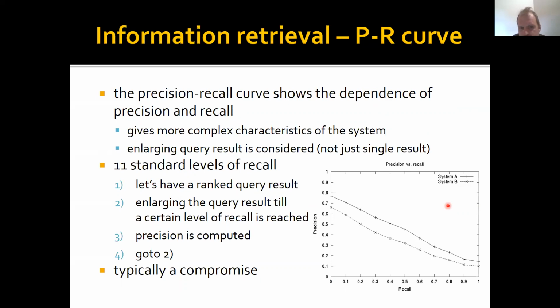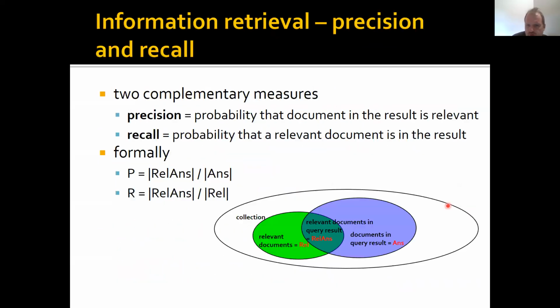That's the hard problem, but we can simply control the recall, because what is recall? Recall is the proportion of this to the whole green, to the size of the green, and we can deterministically